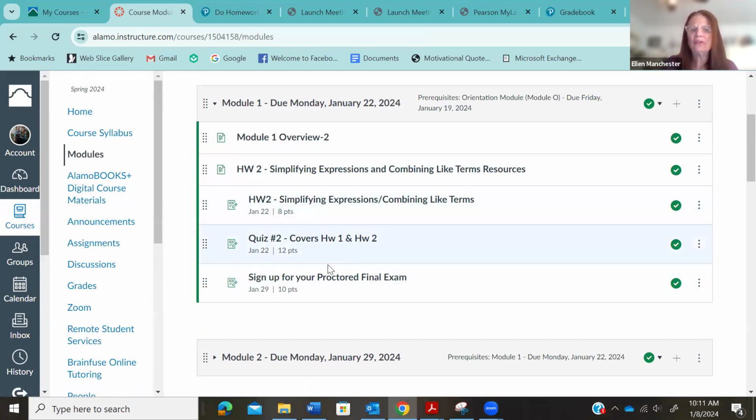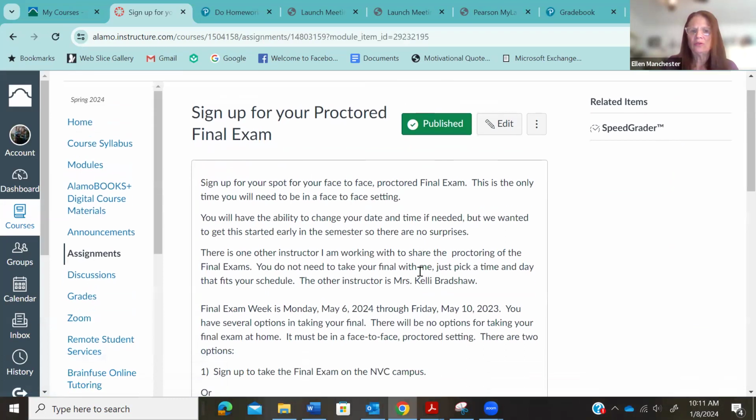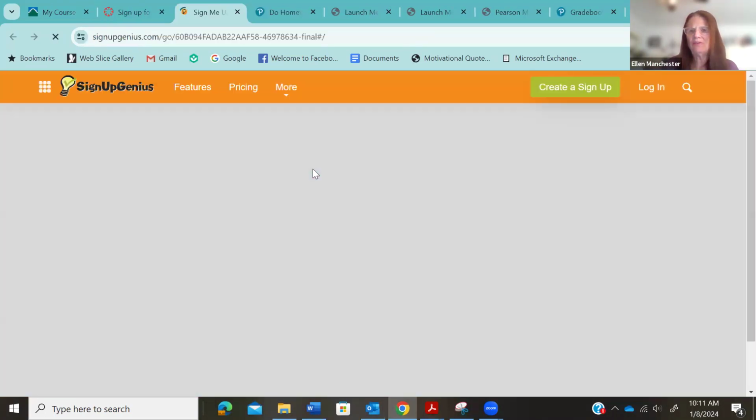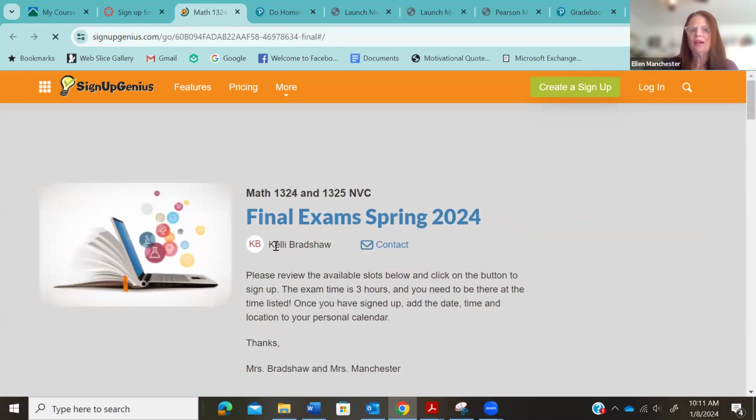So here is an indented assignment. Here is where you're going to sign up for your proctored final exam. When you open this up, you will see a Sign Up Genius. This is where you're going to sign up for your final exam. Kelly Bradshaw is my colleague. She and I work very closely together.